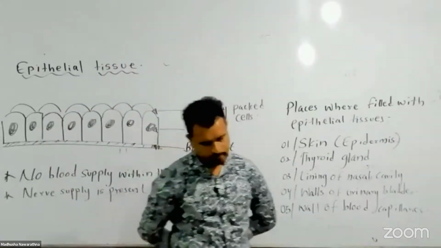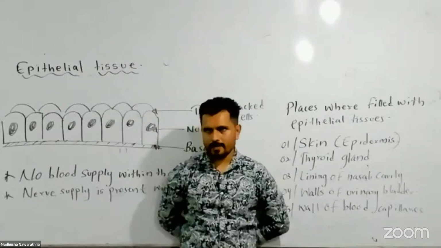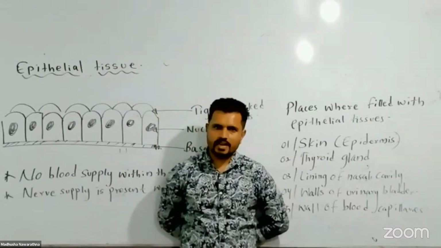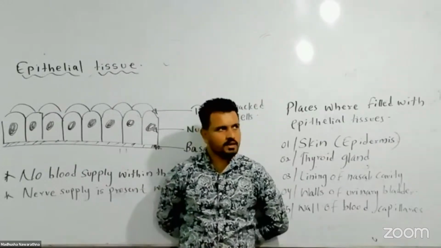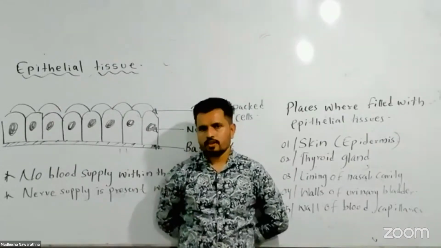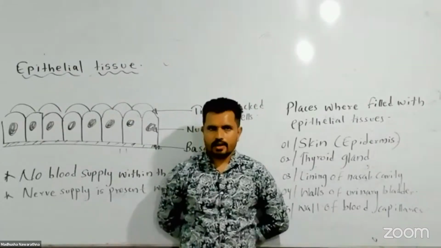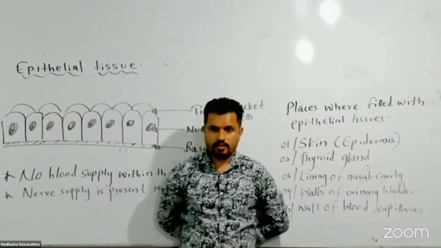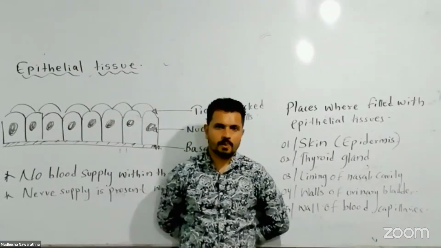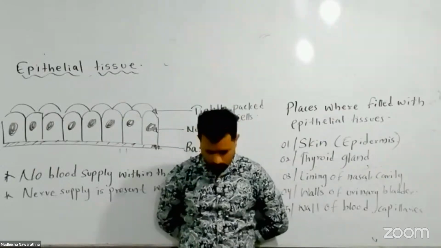Okay, that's all about the epithelial tissues. But we talked about epithelial tissues. So it's very important to have a proper idea about epithelial tissues, where these epithelial tissues act as absorbent, secretory surface, and filling gaps, provide protection, these sort of things. Okay,